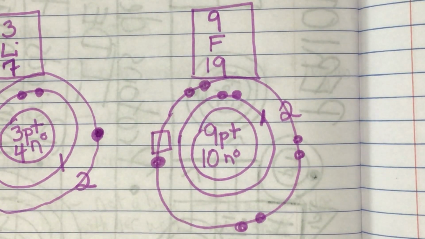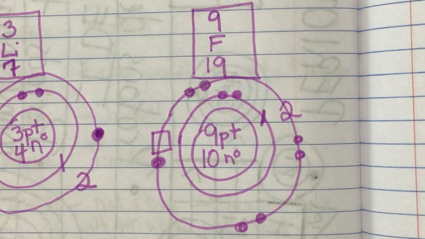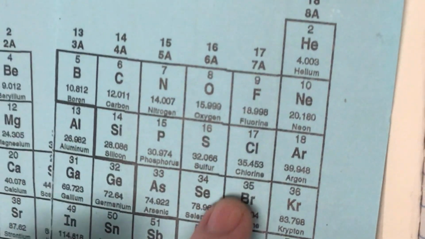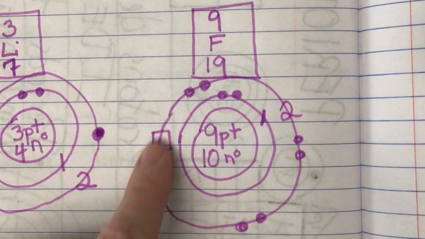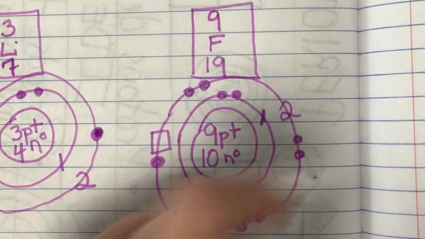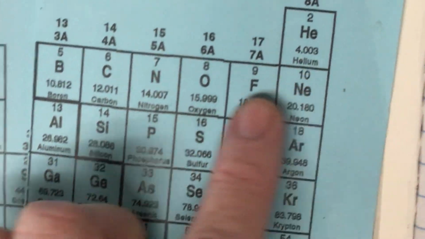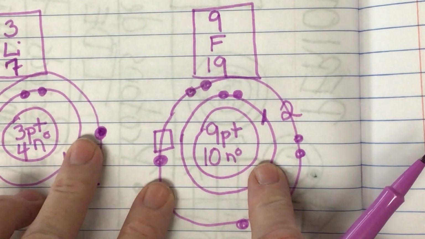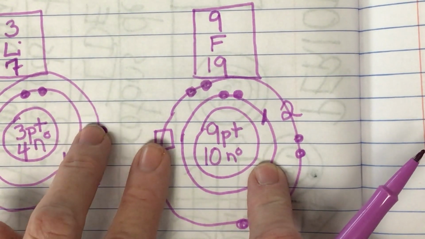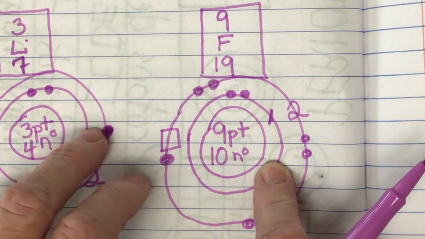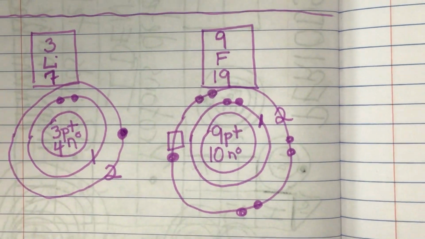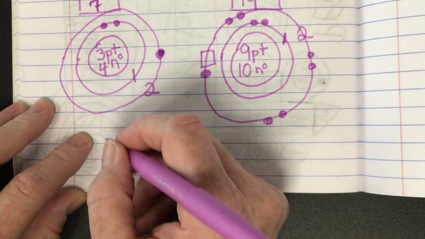Now let's look at fluorine. Fluorine is over here. Does fluorine have 7 valence electrons? It does, doesn't it? Okay, does it have 2 energy levels? And it's on period 2. So the periodic table don't lie. So here's what nature's going to do. This fluorine and this lithium are going to say, dude, let's share an electron, and together we will have a full outer shell. And so it's going to create